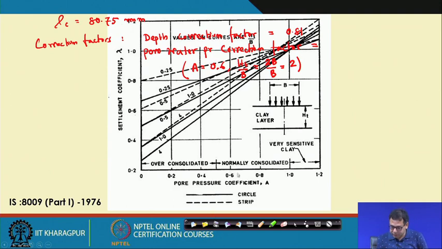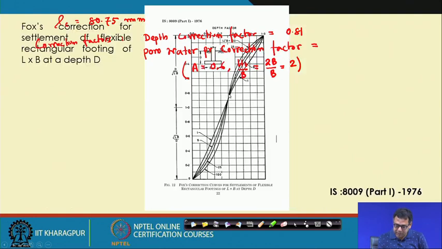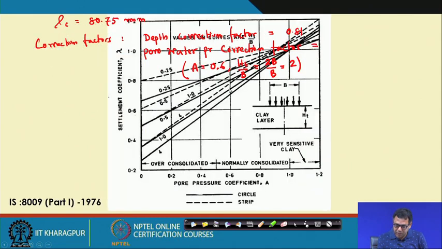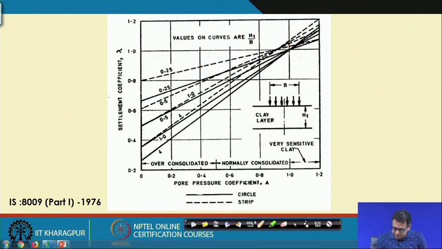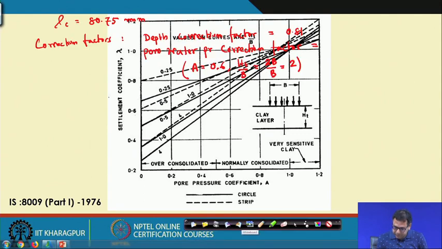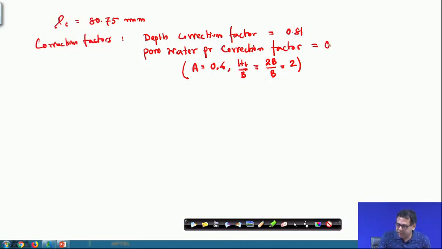So, for normally consolidated soil, this A value is 0.6, this is the Ht by B of these values. So, this is Ht by B equal to 1, this is Ht by B equal to 4. So, it is in between that. So, 0.6. So, this is the value, correction factor is 0.7. So, the correction factor will be 0.7, and so corrected